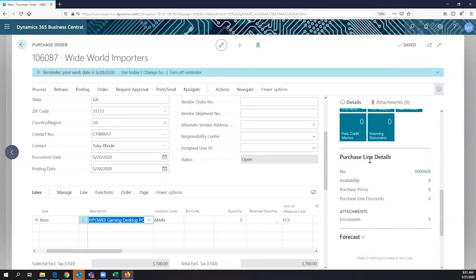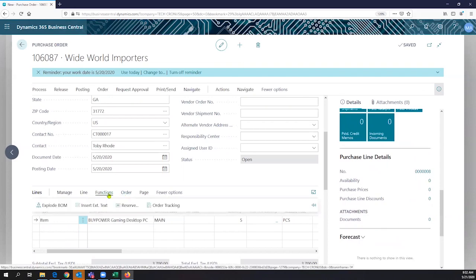If I take a look at the purchase line, I have 0 availability. That's not good. Let's then begin with the first process, which is exploding the BOM. I don't know the actual components. I'm not the technician. I'm only a purchaser, and I need Business Central to tell me and